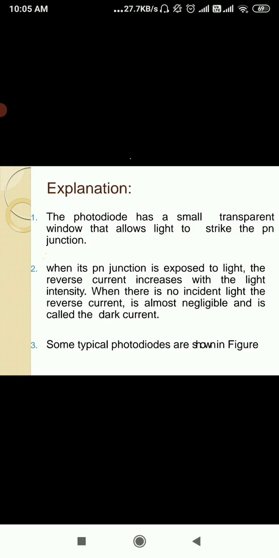As I am saying, we are not giving any light to the photodiode. But if you see the structure of a photodiode, it is made of one p-type semiconductor and one n-type semiconductor. Construction will be the same. There are some different things, we are using some material to make a photodiode. But we are making it using one p-type semiconductor and one n-type semiconductor. But here photodiode will work in reverse bias.